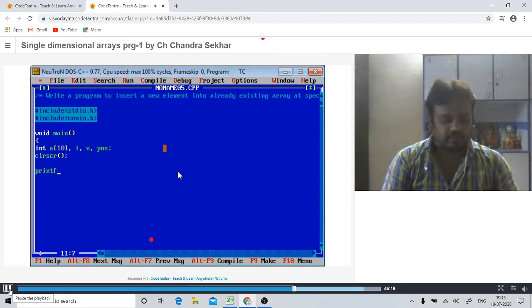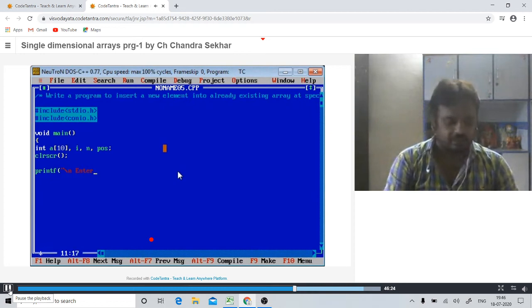Now read the n value, that means printf enter the number of elements.